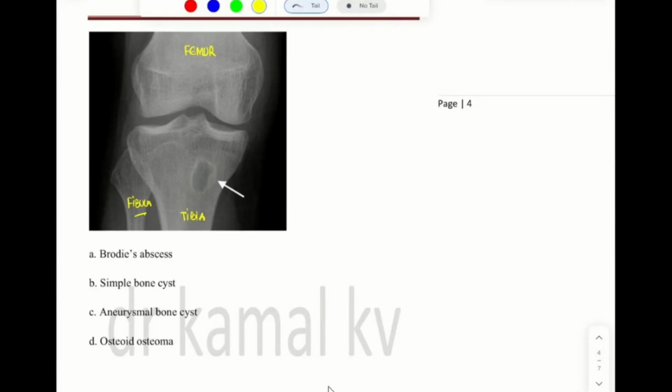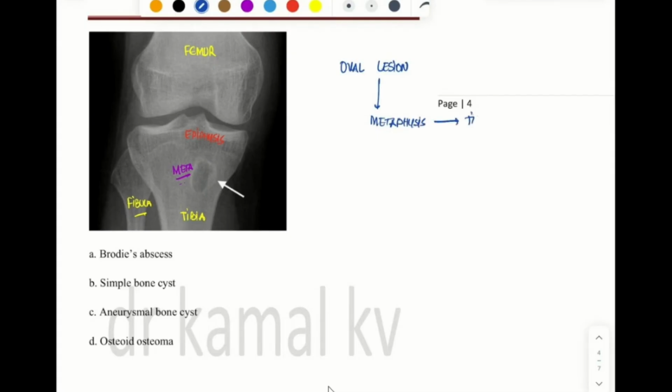And in what area? This is obviously the epiphysis. This is the metaphysis. So we can see an oval lesion in the metaphysis